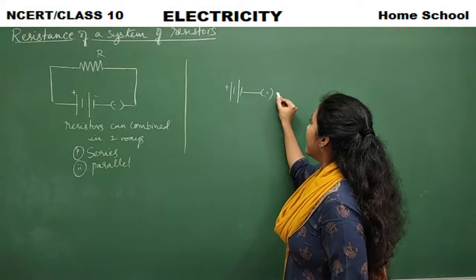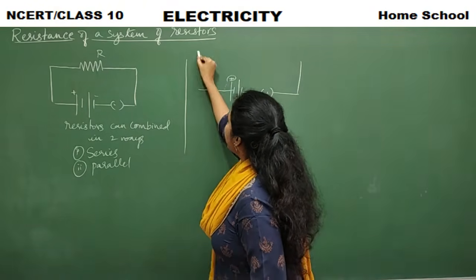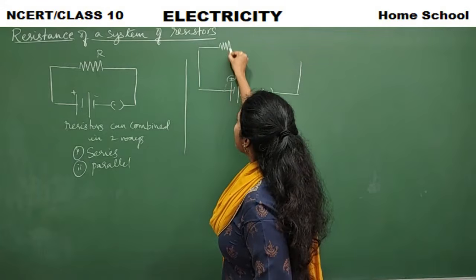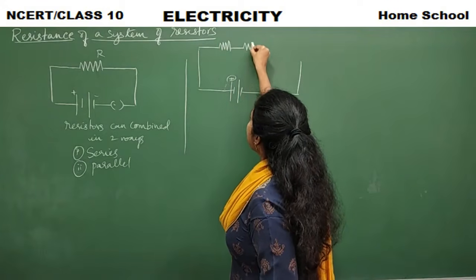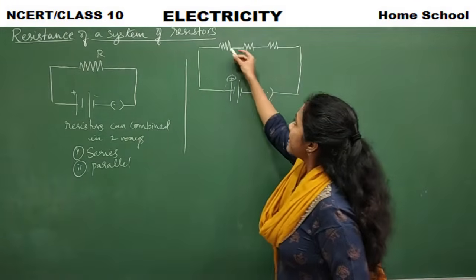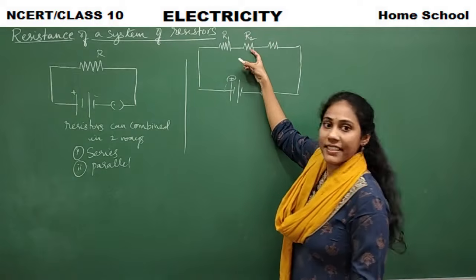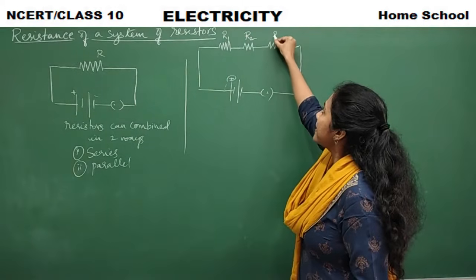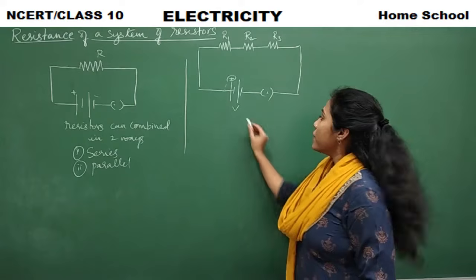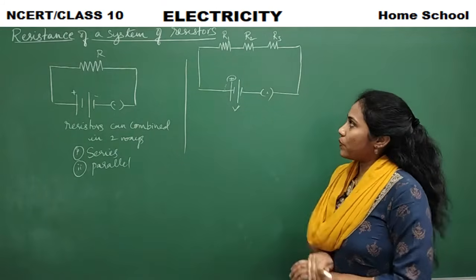You have a switch, isn't it? So observe carefully here. Look at here. Say I am taking three resistors. This is one resistor, second resistor, third resistor. Okay. So this is a resistor of resistance R1. This is another resistor of resistance R2 and this has a resistance R3. And this is our voltage, we know. So this is our main power supply, which is a battery, and this is a switch.